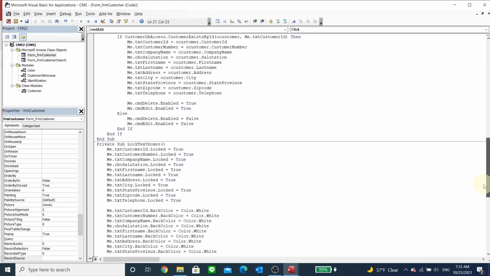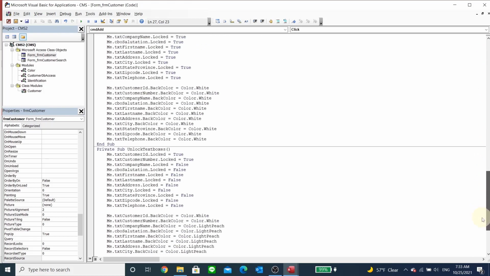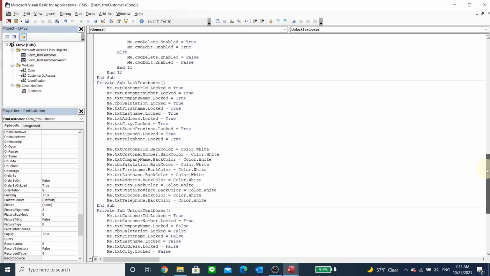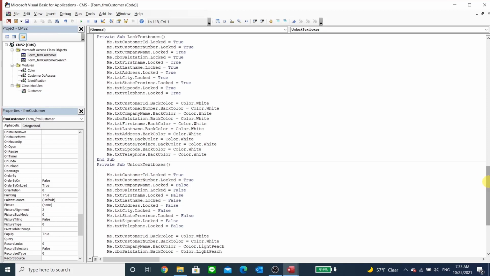Because, as I'm thinking, when you click add, when you unlock right here, you want: if me is new, then